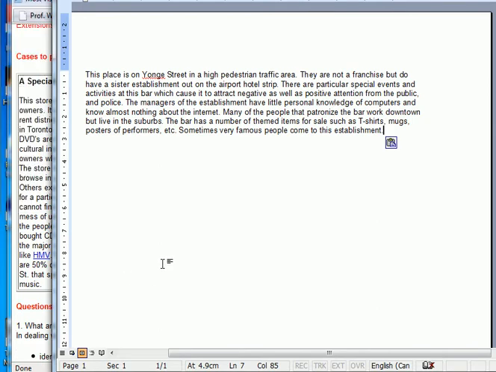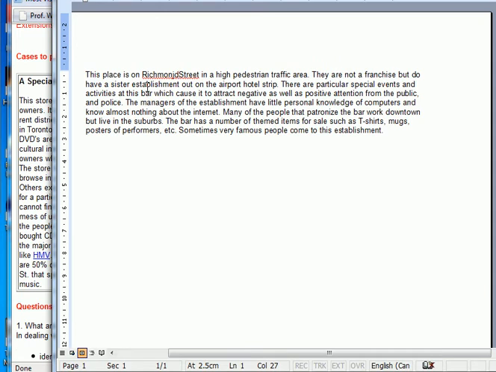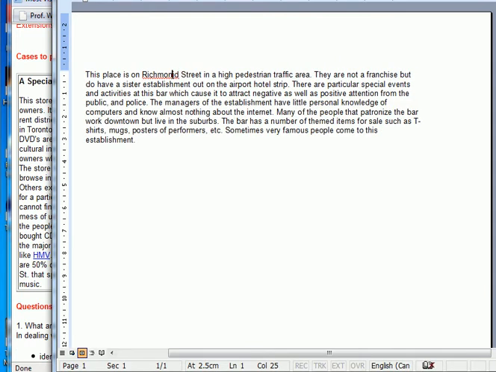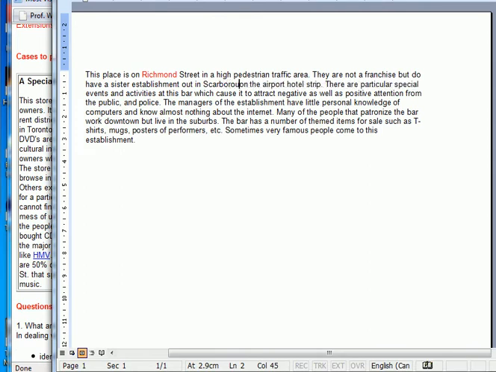Now here's the cool part. You can amend this. So you can change this from this is a place on Yonge Street to Richmond Street. And when you do that, then you highlight this in red so that I know the difference. They are not a franchise, but do have a sister establishment out in Scarborough.